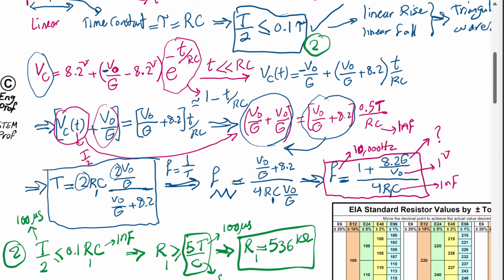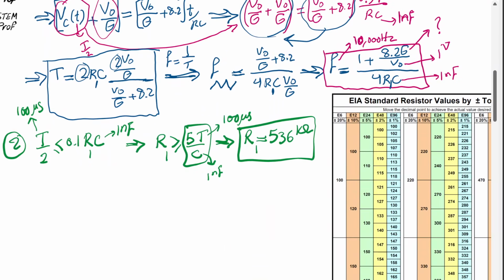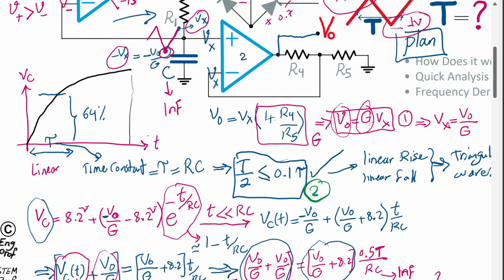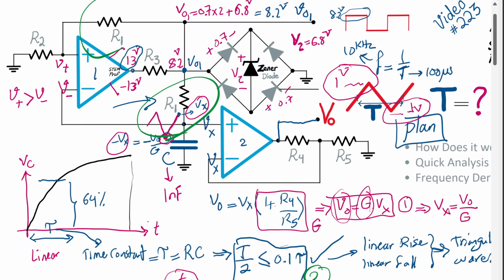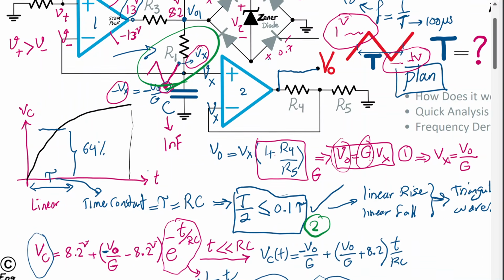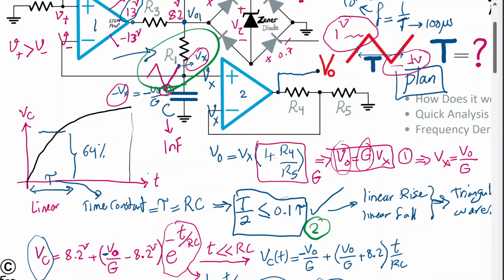Now, with that said, if we have 530 kilo ohm, we can go back to this equation number 3 that we found. And in equation number 3, if we supply all the values, now that we have R1 selected, so with the value of R1 equal to 536 kilo ohm, R1 again in the circuit is this resistor and also this resistor for symmetry, so that from both sides of the op amp toward its input terminal, we are observing similar resistance for better performance. So therefore, we have